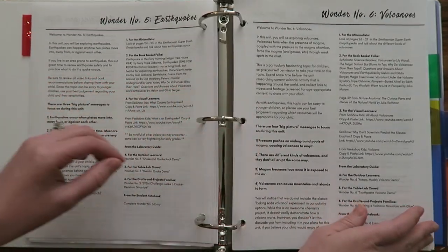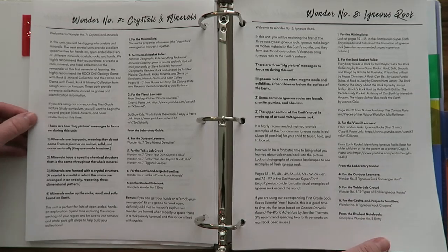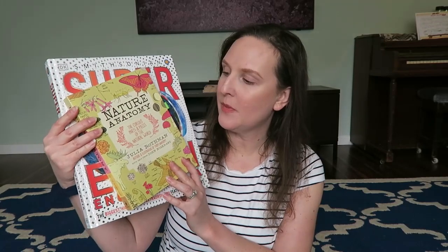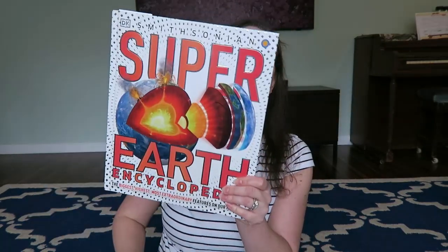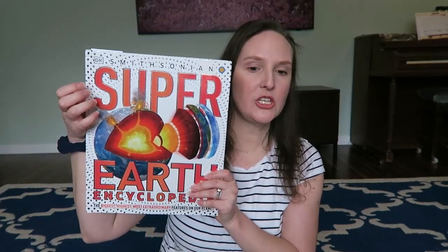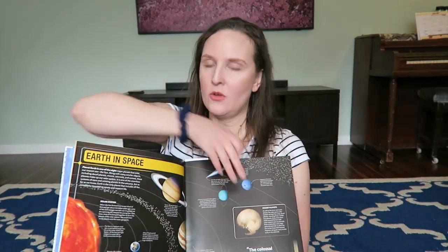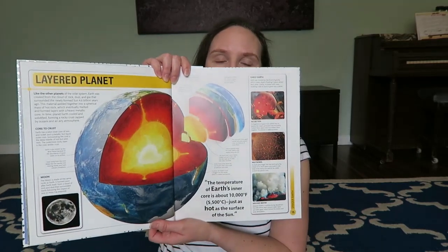So first, I'm going to be showing you guys the spines that are recommended with this curriculum. There's 2 of them. We have Nature Anatomy, the curious parts and pieces of the natural world, and then Super Earth by DK. And this is the main one used for the geology portion of this curriculum. And let me just show you some of these beautiful, beautiful pictures. Oh, that's the space section. So Layers of the Earth, for example,